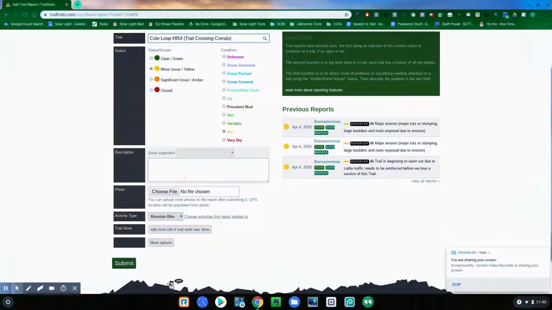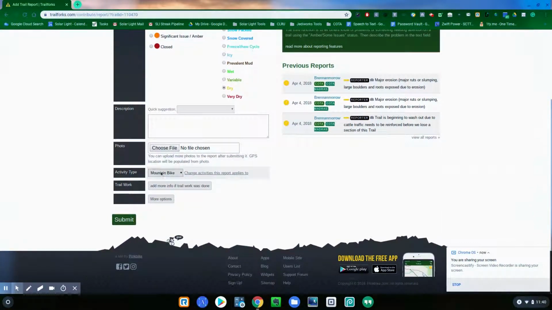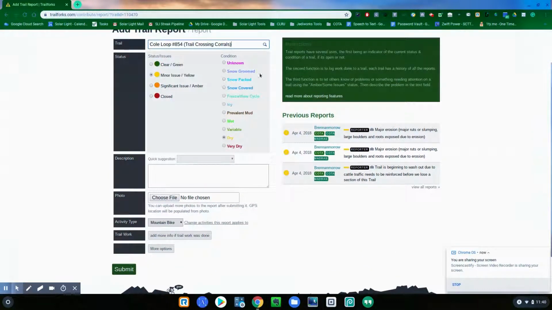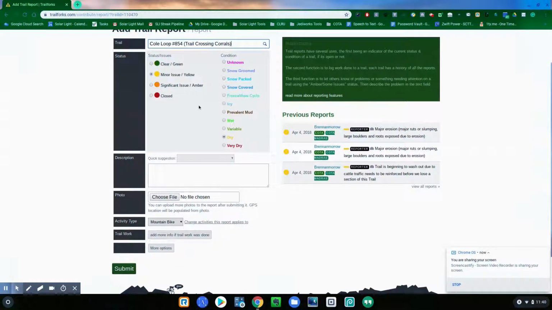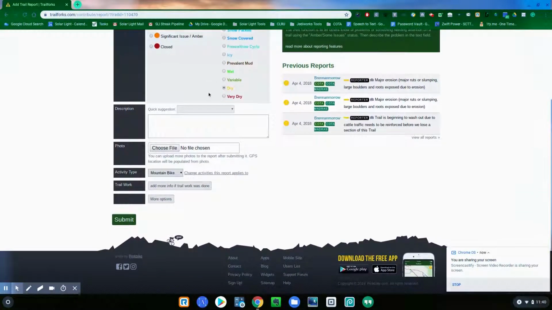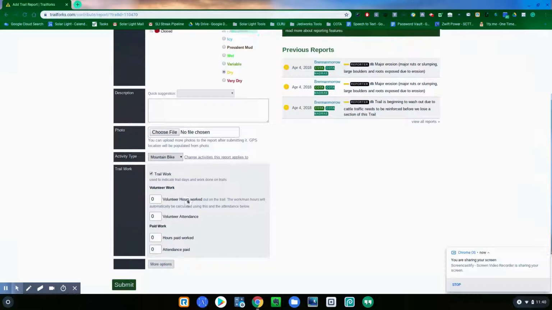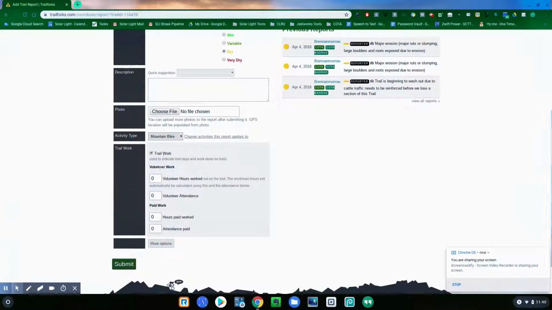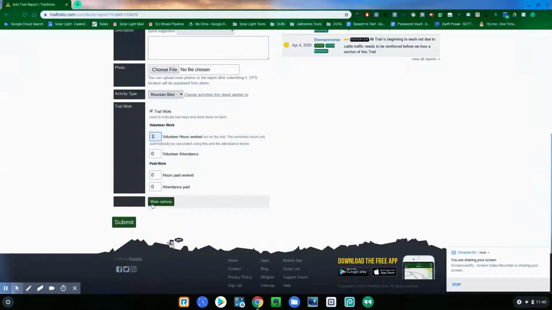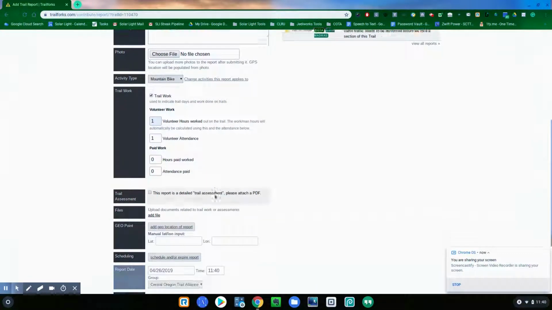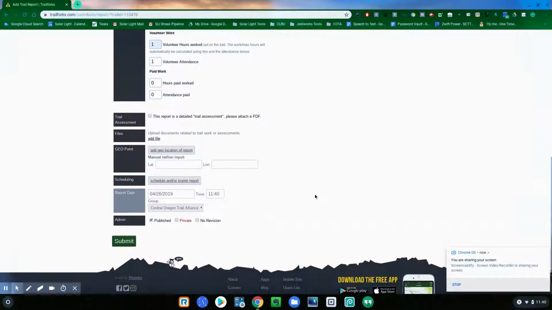Now, we might come down here and see the trail work. This section up here, our status, is minorly valuable if it has something to do with our report. But the trail work here, we'd want trail work. We'd want to mark volunteer hours. And the big little icon right here that says more options, this is where we get to dive down deep